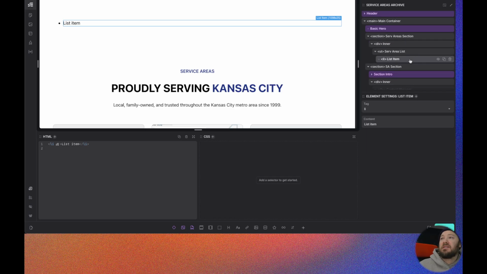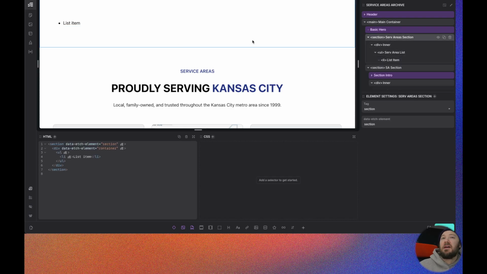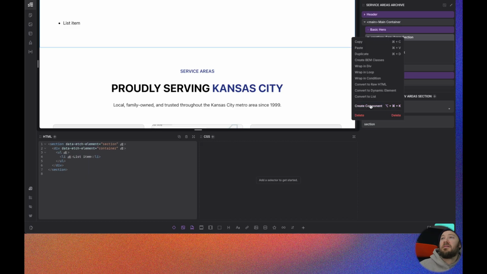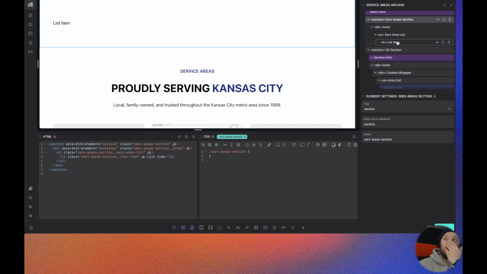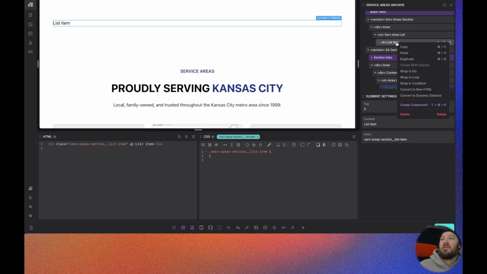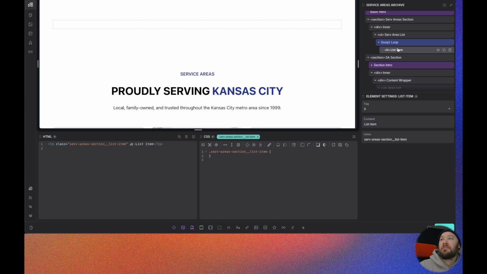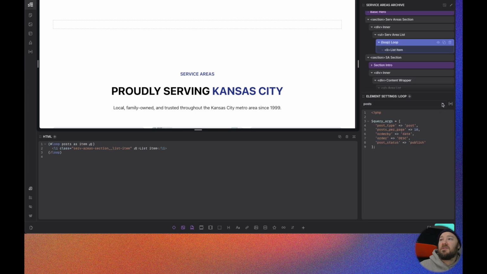Yeah, I can BEM class this right now because we're going to come back and add a little bit more to this. Okay, right click, create BEM classes. Then inside my list item, I want to actually wrap this in a loop. My loop, I'm going to use